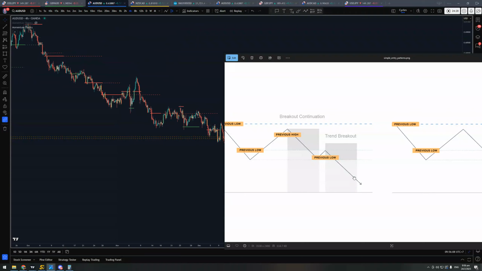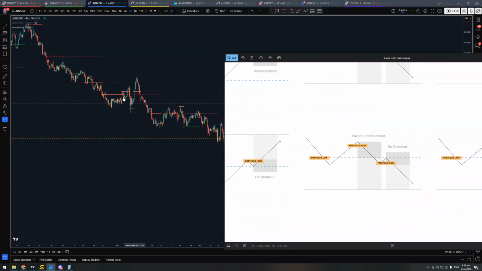And over here, this is that fake out retracement. So this one, it breaks down below, comes back up, fakes out the high. That's a fake out retracement move. And then doesn't go all the way, gets stuck at the bottom, comes back up, another fake out retracement. So you can take,